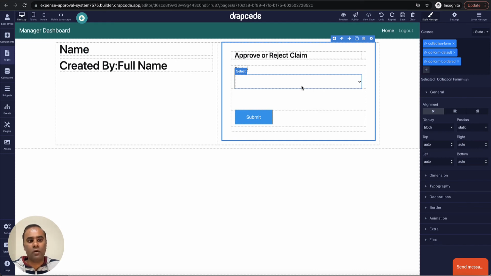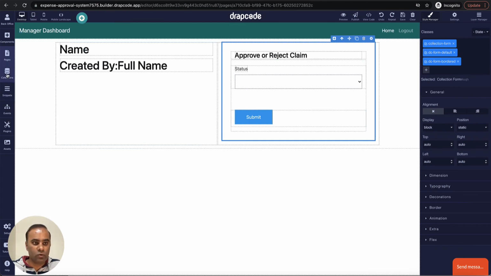So we have completed the design and created the forms and the tables and applied the respective events. Now we will fix the login and the sign up flow so that a manager should be able to create an account, an employee should be able to create an account, they can submit an expense claim and the manager can approve or reject it. So now let's create an employee flow where an employee can sign up, log into the system, access the dashboard, submit a claim, and the manager can approve or reject it. We will not be creating a manager flow because you can always create a manager from the backend and it will just be a repetitive step similar to employee.